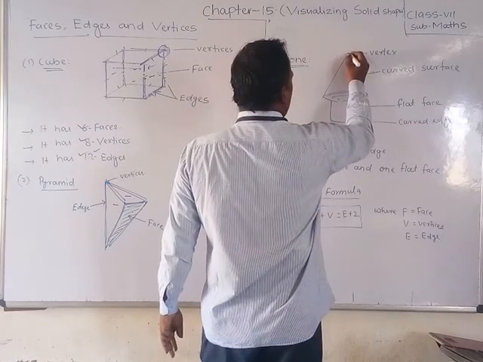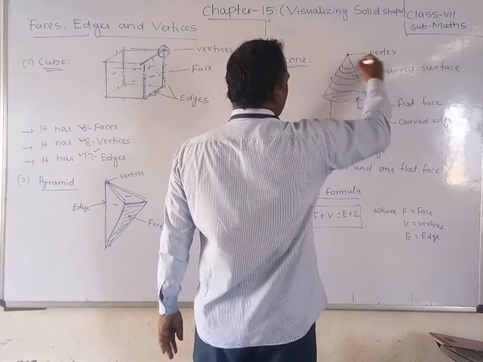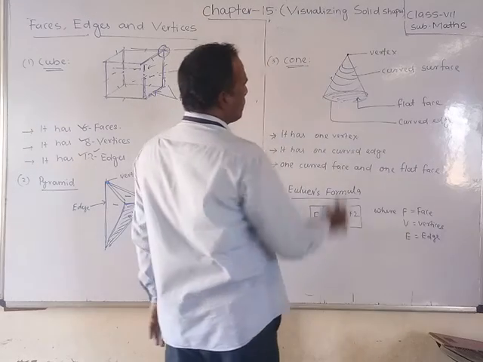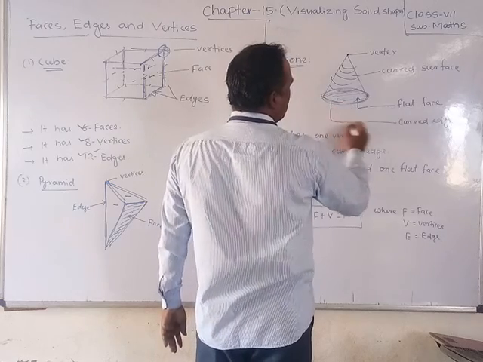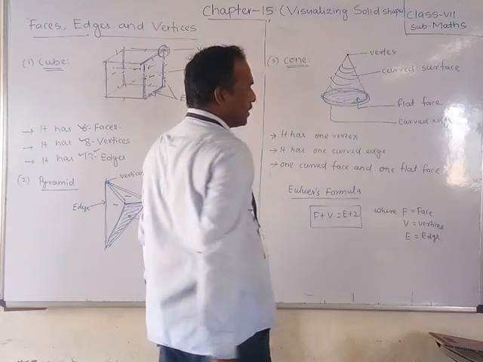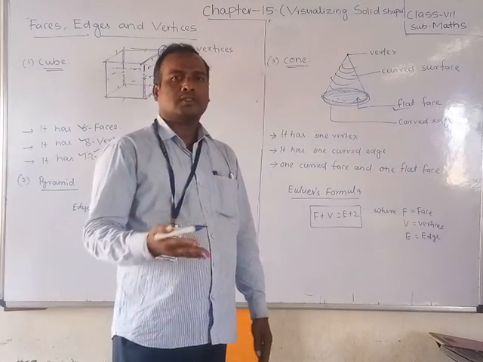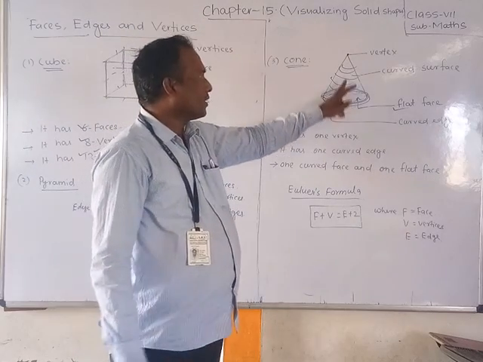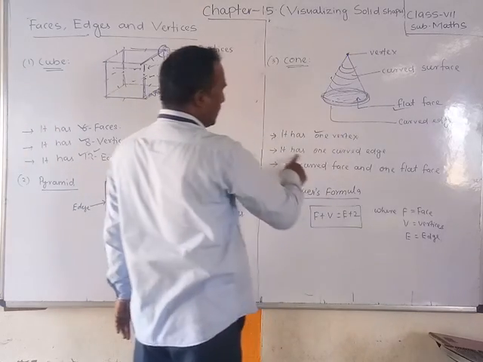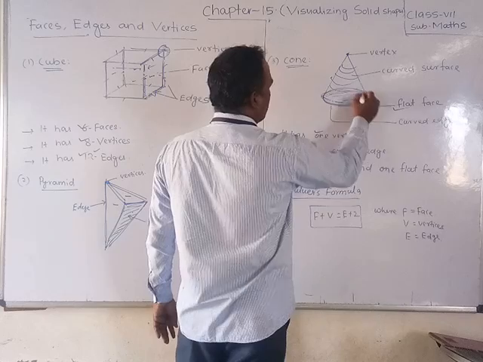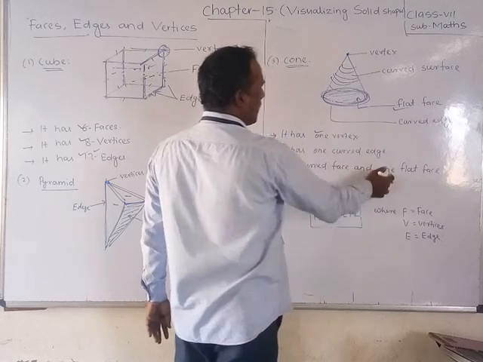Okay. So this is the vertex. Only one vertex is there, and this is a curved surface. It is curved like this, so no line segment. And this is like a circle. It is just like a circle. So this is a curved edge. It is an edge, but a curved edge. And the bottom is a flat face. The bottom is called a flat face. This is a curved surface. So it has one vertex. Yes, one vertex. It has one curved edge, this circle at the bottom. One curved face and one flat face. This one is the curved face, and the bottom is the flat face.